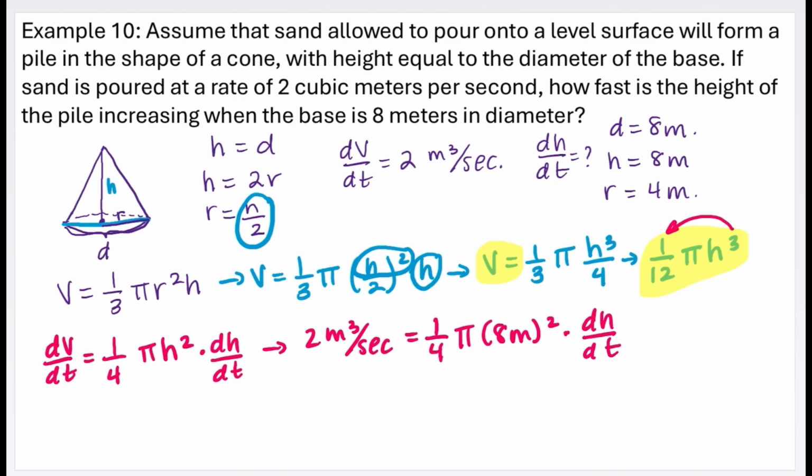Okay, I'll have 2 meters cubed per second equals, if I square 8, I get 64, and 64 over 4 is going to be 16. So I'll end up with 16 pi meters squared times